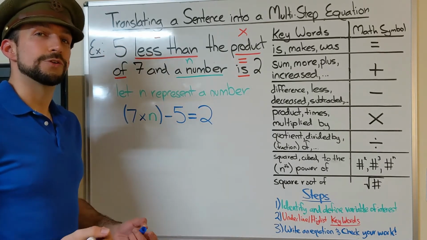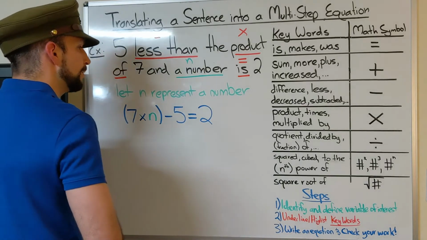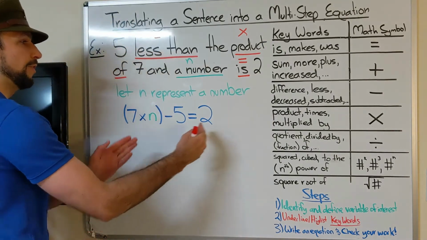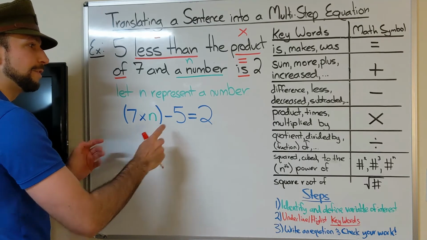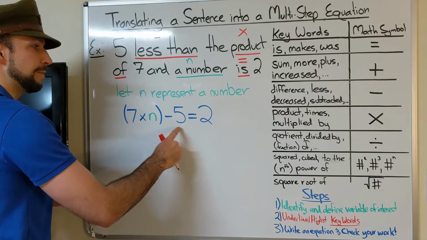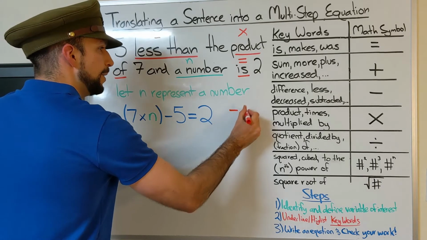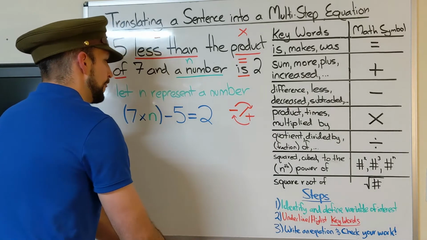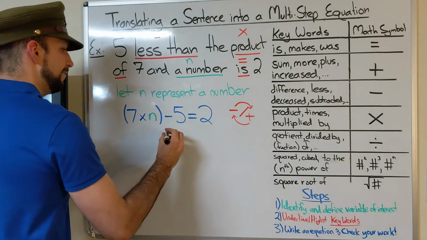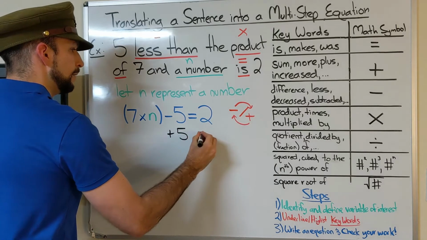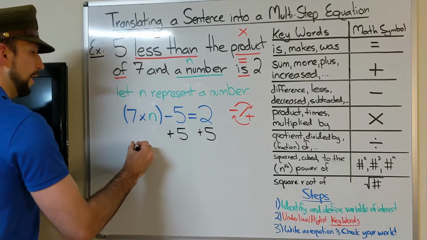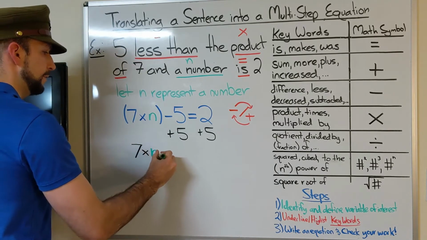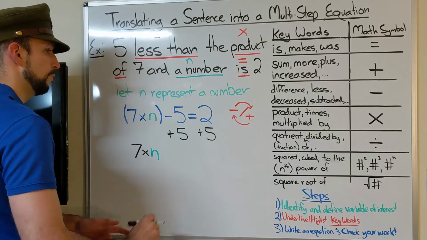Now, let's check our work and make sure this makes sense. So first, we're going to solve for our variable of interest, n. I'm going to use opposite operations to get all the constants on the right and all the variables on the left. So the first thing I'm going to do is move this minus 5 to the right. So I'll be using addition, the opposite of subtraction. Let's add 5 to both sides. Here we'll have 7 times our variable of interest, n, left on the left. And on the right, we'll just have